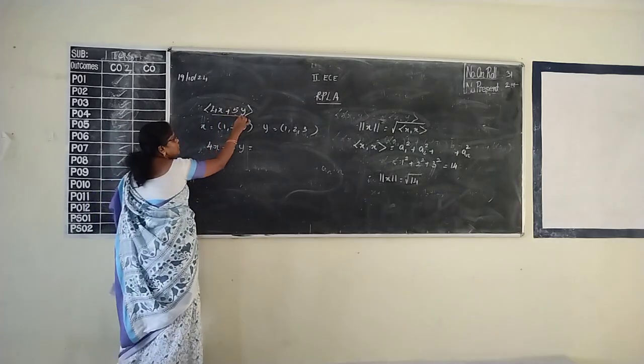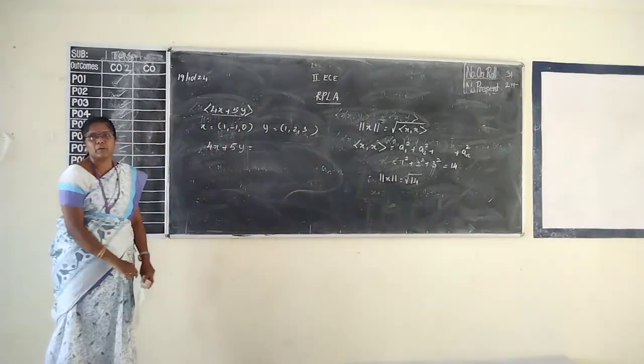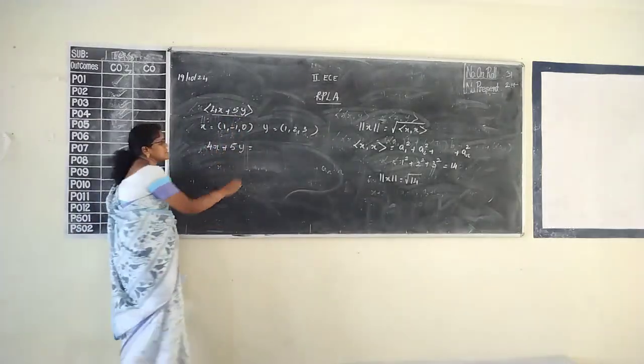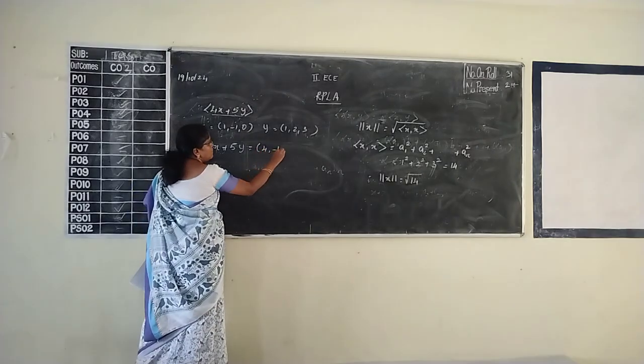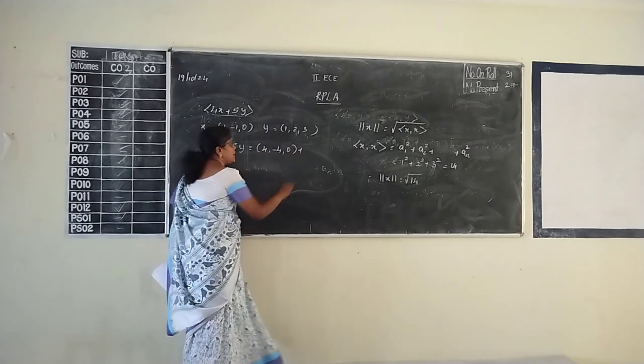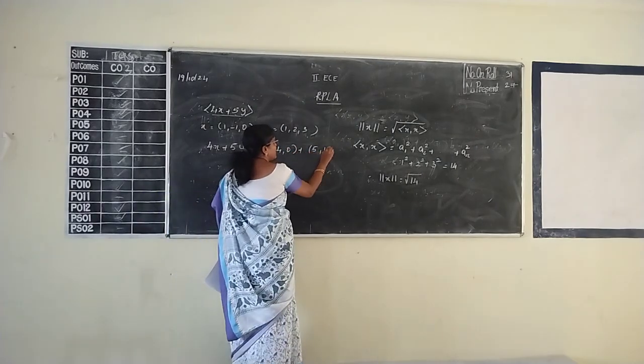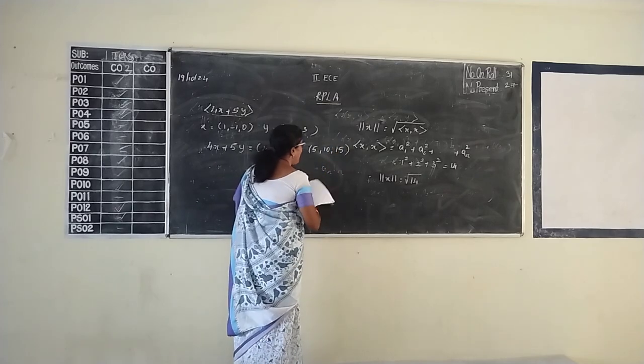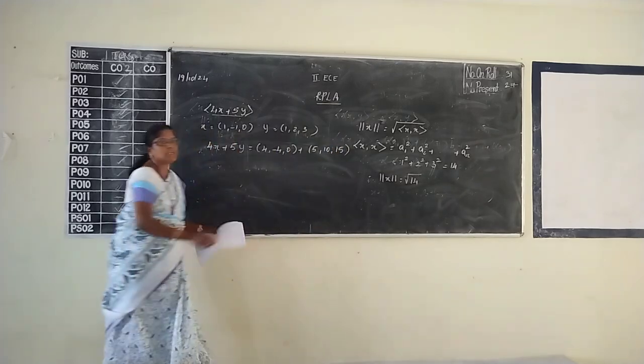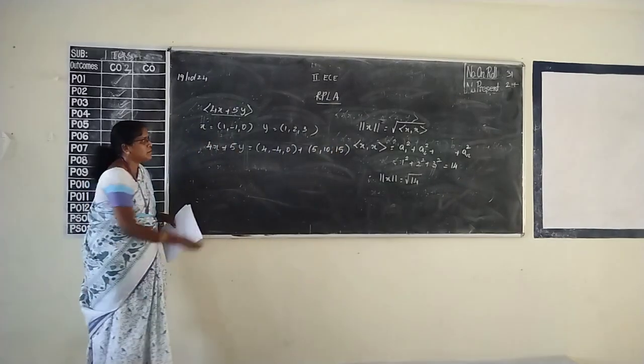You need this one now. First you are finding what is 4x plus 5. Tell me what is 4x? 4 minus 4 0. What is 5 1? Now add 4x plus 5 1. Add how much? 9